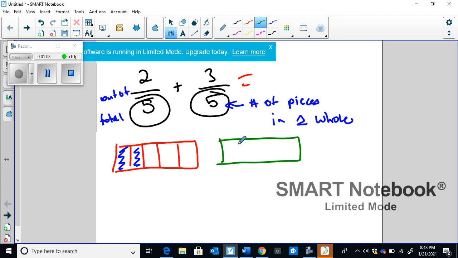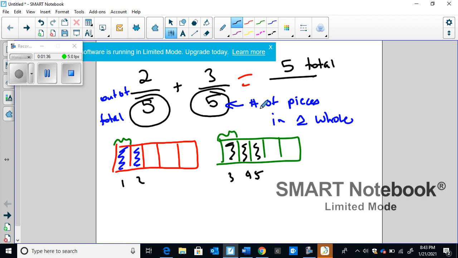So again, we're going to draw this cake. We're going to split it into 5. They're the same size cakes. And because I split both of them into 5, notice that this piece and this piece are the same size. And because both cakes are split into the same number of pieces and each piece is the same size, we can actually combine these pieces together. We can put them together. So we have 1, 2, 3, 4, 5 total pieces when we add them up out of,